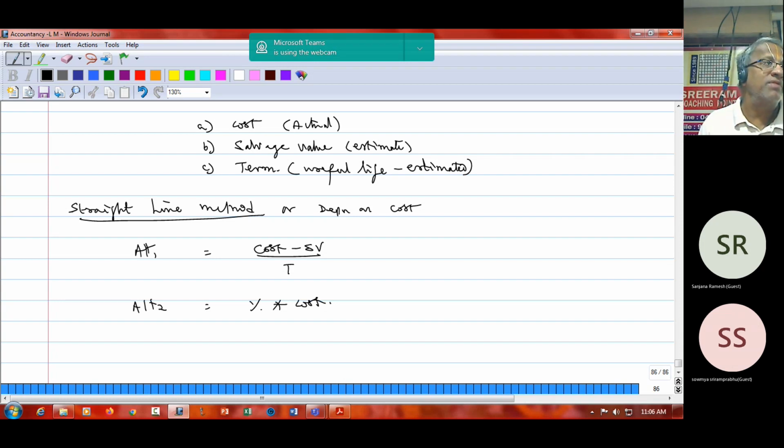That is the reason in some of the problems they give expected salvage value. Why is that? They are not in a position to arrive at the salvage value. It may be a new item of asset, and you will not be in a position to find out the salvage value. So therefore, charge on an estimated basis, 10%, 15%. Your previous experience will enable you to tell what is going to happen.